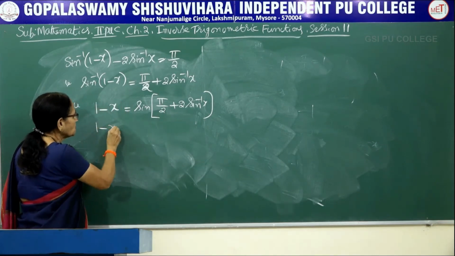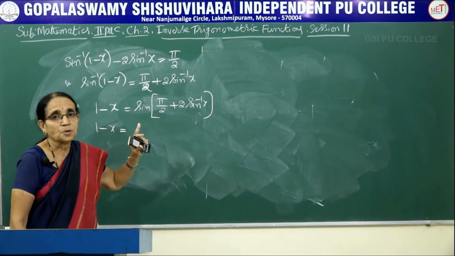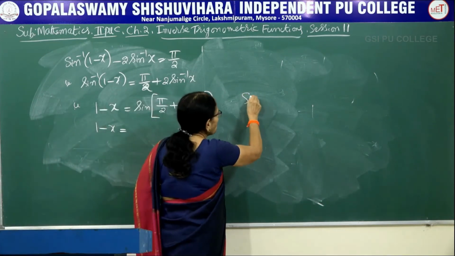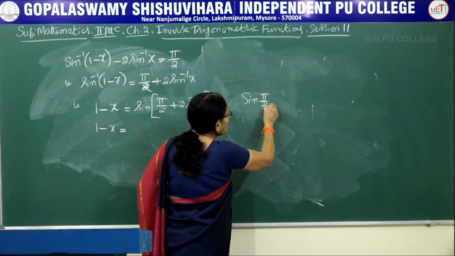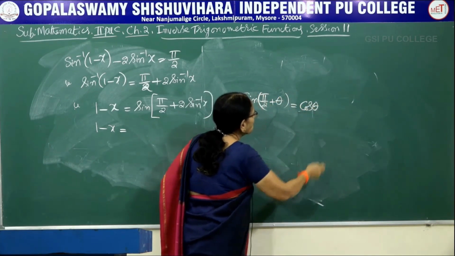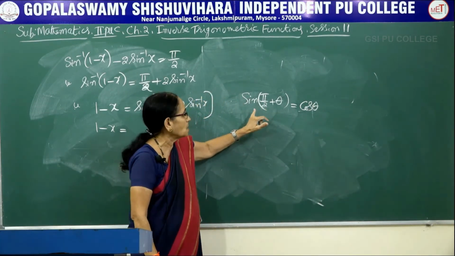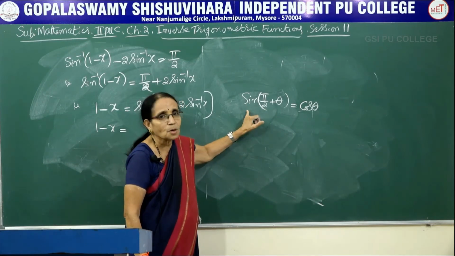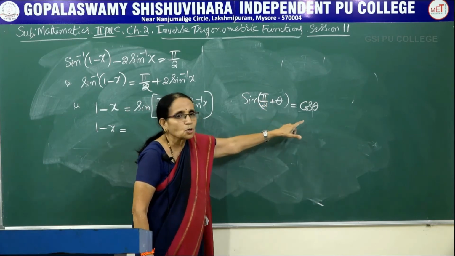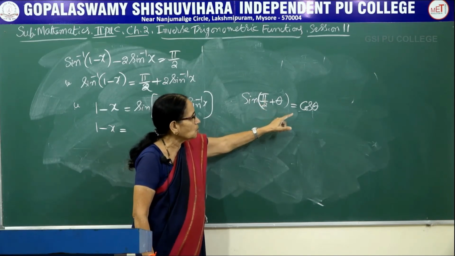Now 1 minus x. You know that sine of, again I go back to first year PUC trigonometry, I am using the allied angle. We know this result also. Sine of pi by 2 plus theta is equal to cos theta, isn't it? That is pi by 2 plus theta. Which quadrant does it come? It comes in the second quadrant. And you know that in the second quadrant, sine is positive. And also, because I am using pi by 2 here, function will be changed over to co-function. I am using that property here. Sine 90 plus theta is equal to cos theta.